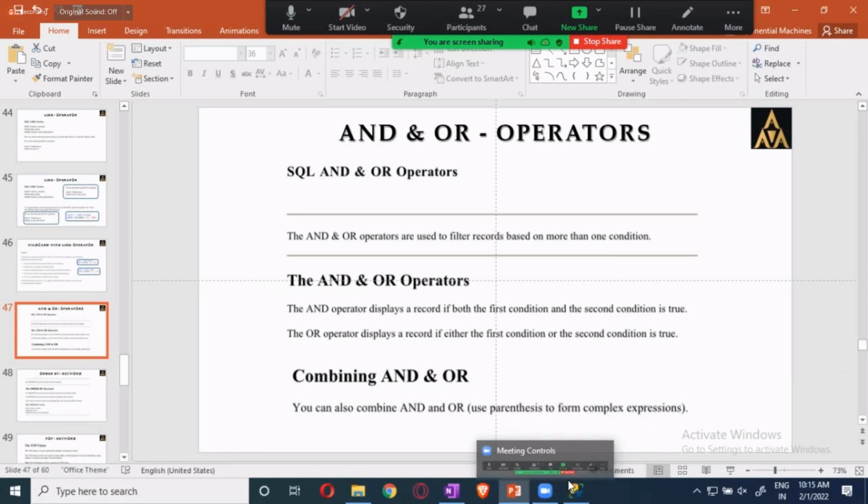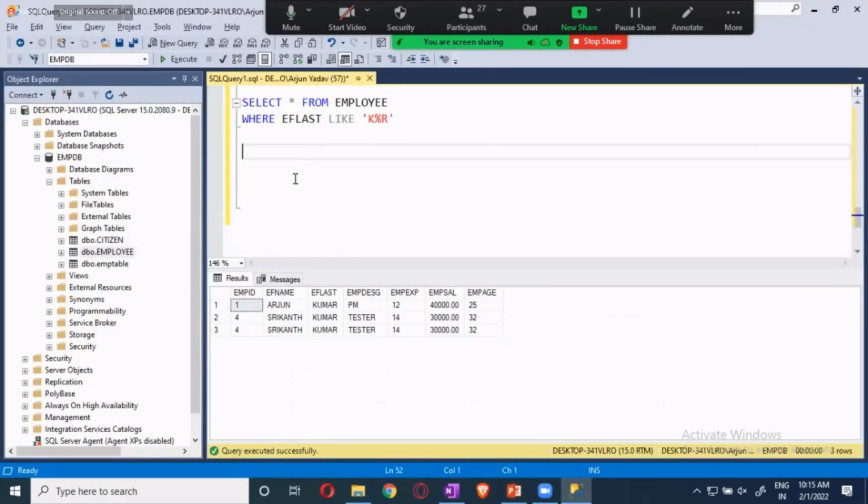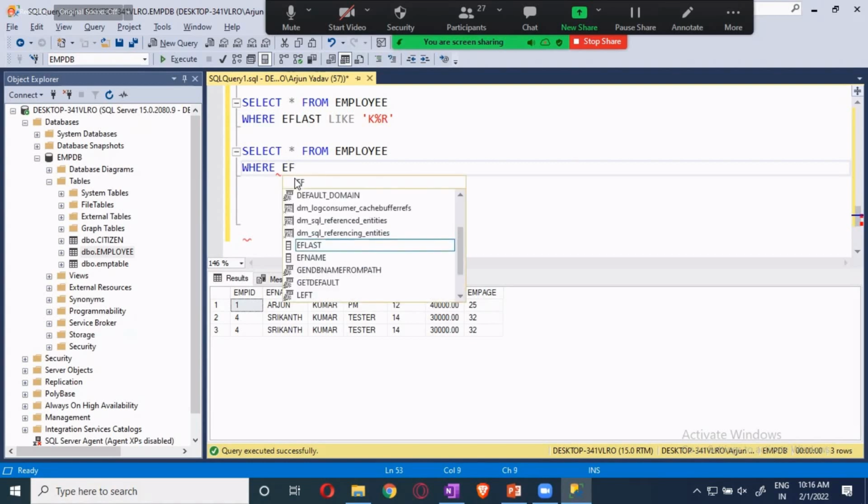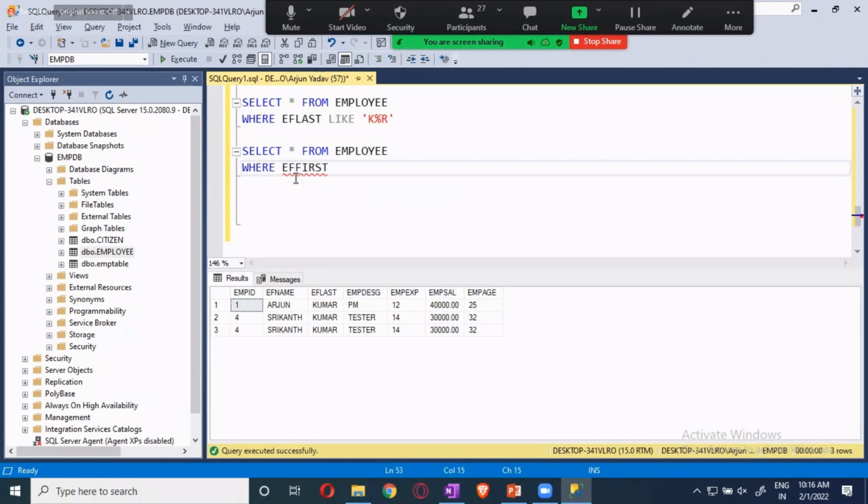Now let's see this one, guys. Select star from employee where first name is equal to, I will give it as maybe Arjun. Now the and operator will connect it. Arjun is there with three of them, right?